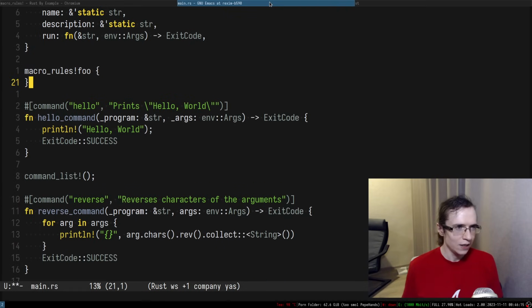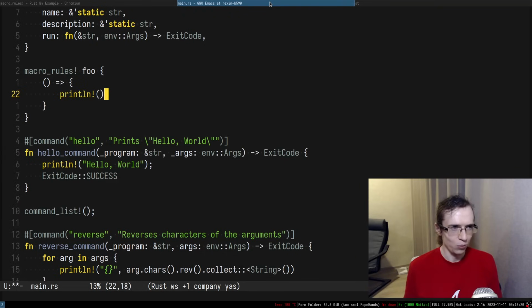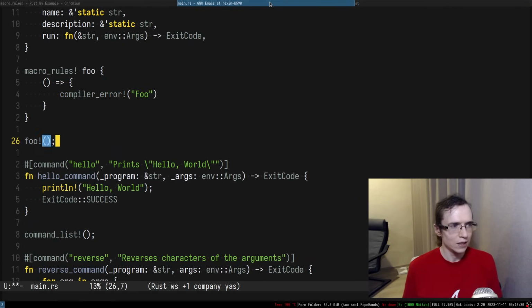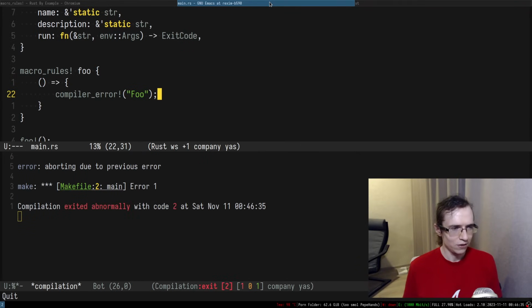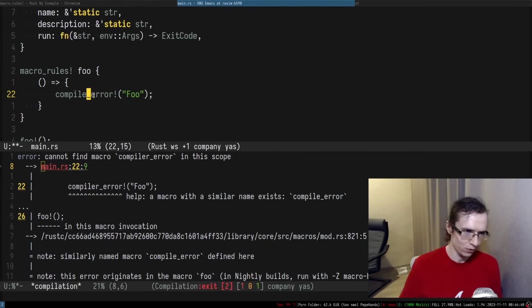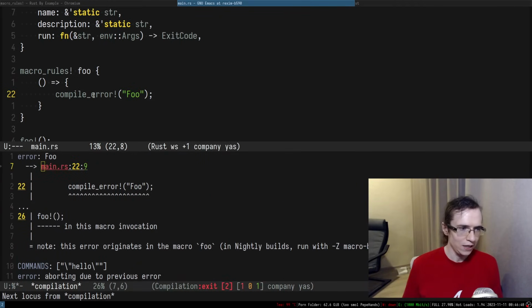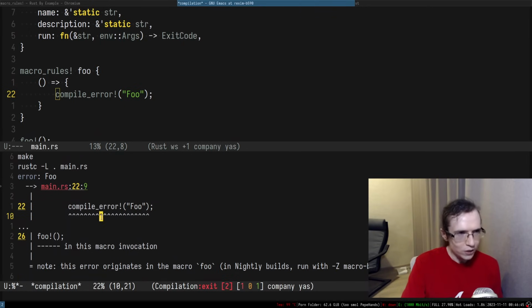So we're going to have foo, and we're going to match no arguments whatsoever, and replace them with foo, right? So maybe we can even replace it with a compiler error. I can put foo in here like this, and let me try to compile this entire thing. It says macro with a similar name exists, compile error. Okay, so what does it say? Macro invocation